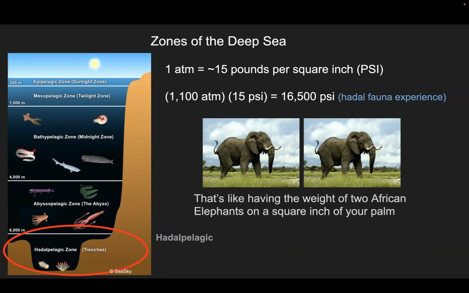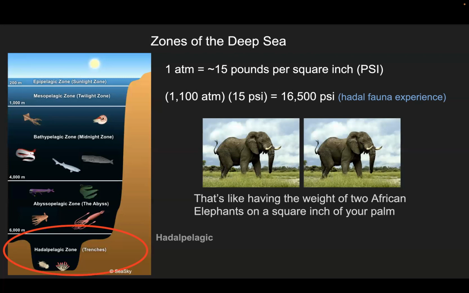And we have evolved to be able to deal with this 15 pounds per square inch on us constantly. Just like the hadopelagic animals living in the bottom parts of the ocean have evolved to deal with 15 psi times 1,100 ATMs is